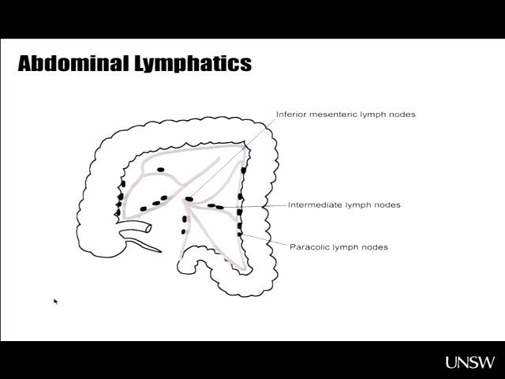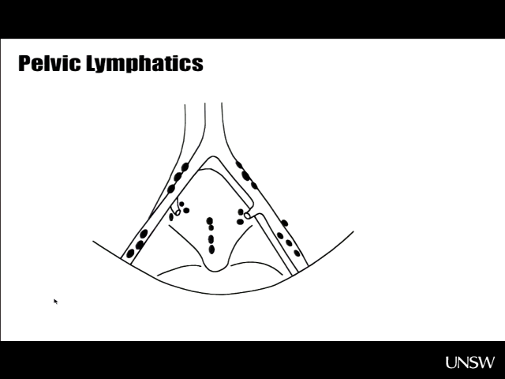But if you're dealing with the rectum and anus, if you've got a tumour, for example, that started in the rectum but invaded down to the anus, you need to also think about the pelvic lymph nodes. So there are pelvic lymph nodes which are mainly found alongside the major vessels of the pelvis. So that picture there, of course, shows you a summary of the major groups of lymph nodes that you need to